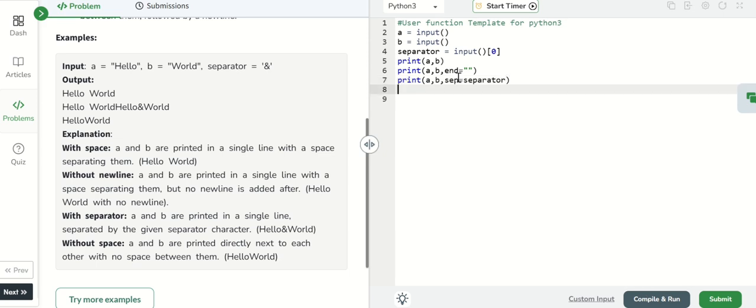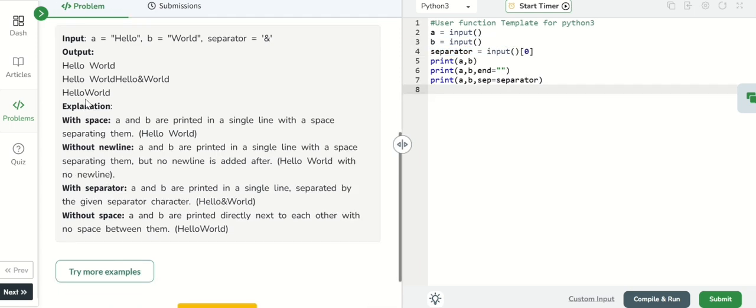Here sep is the parameter that stands for separator, which is used to control the characters or string that is inserted between multiple arguments. So we use sep. Sep is the built-in parameter. And why do we type it as separator here? Because the separator they had taken here, the separator and, we should not give directly as and, because by default the separator is taken by the computer. So here hello and world are separated by no space. So to separate two strings by no space, we use separator. So the code for this is